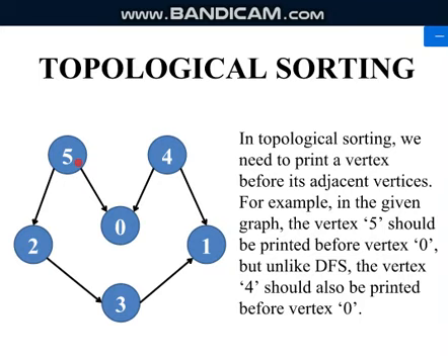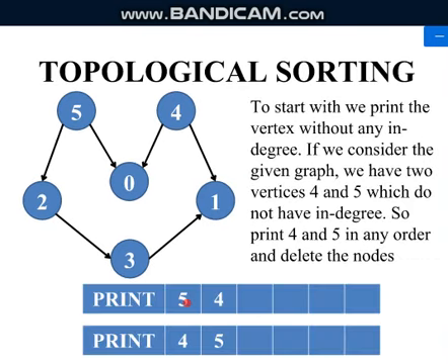You have to check for the nodes which don't have any in degree. I hope you remember what is in degree and out degree. So here you have to check for the nodes which don't have any in degree. Is there any node which doesn't have any in degree? Yes, 5 and 4. So these two nodes don't have any in degree. So we will put those nodes first, we will print that 5 and 4. You can print it in any order, 5 and 4, or 4 and 5.